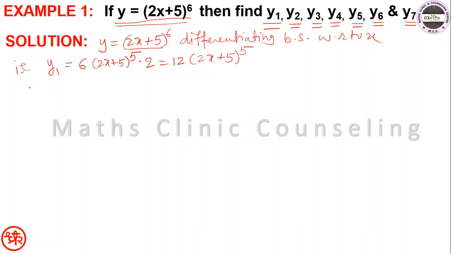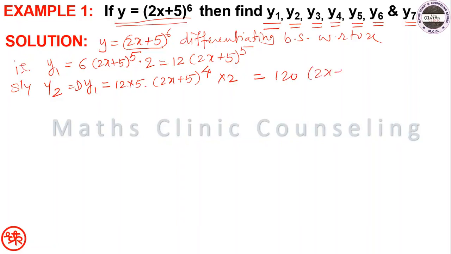Okay, again differentiating. Similarly, y2. y2 is what? d of y1. So it is equal to 12 into 5 into 2x plus 5 raised to the power 4 into 2. And that is equal to 12 into 5, 60 into 2, 120 into 2x plus 5 raised to the power 4. Okay? y3 now, next,